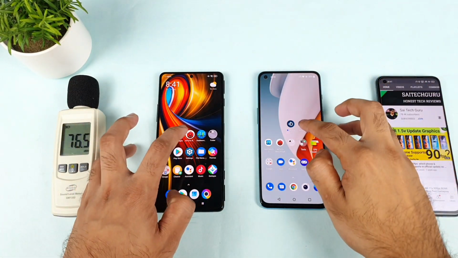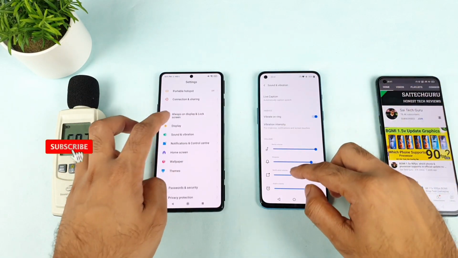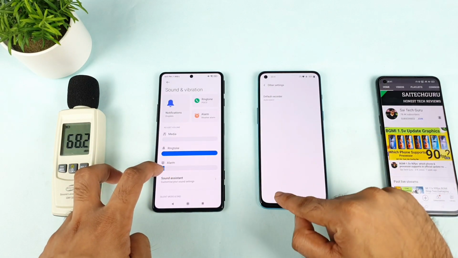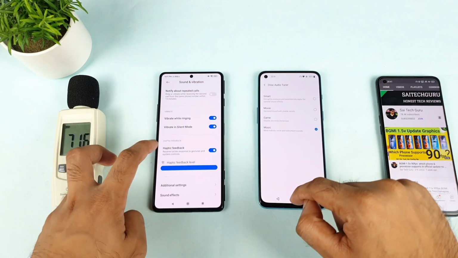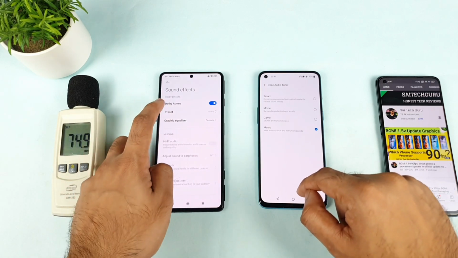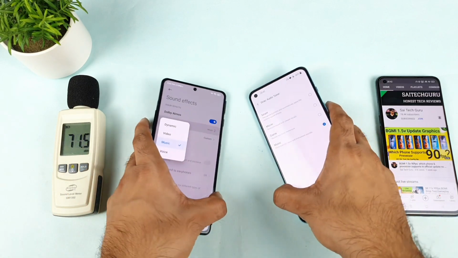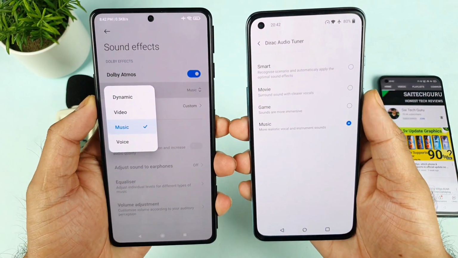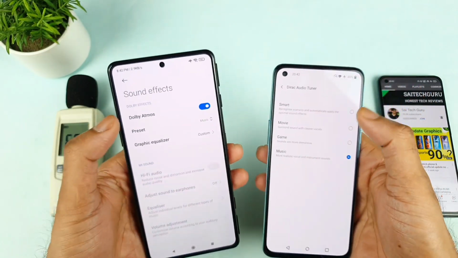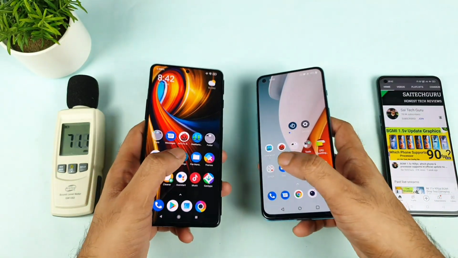So first, let's explore the settings. What settings options do we have in both phones in terms of increasing or decreasing any kind of presets, values? Let's go to the sound, and here is a sound option. Let me select the audio tuner, and here we do have the Dolby Atmos or sound effects. As you can see clearly, friends, in the sound effects we do have the Dolby Atmos. The preset value right now I did select to the music because I'm trying to play the music. A lot of users did ask me to select the movie as well. I'll try to do another video on that particular topic, but this is a normal music test only.